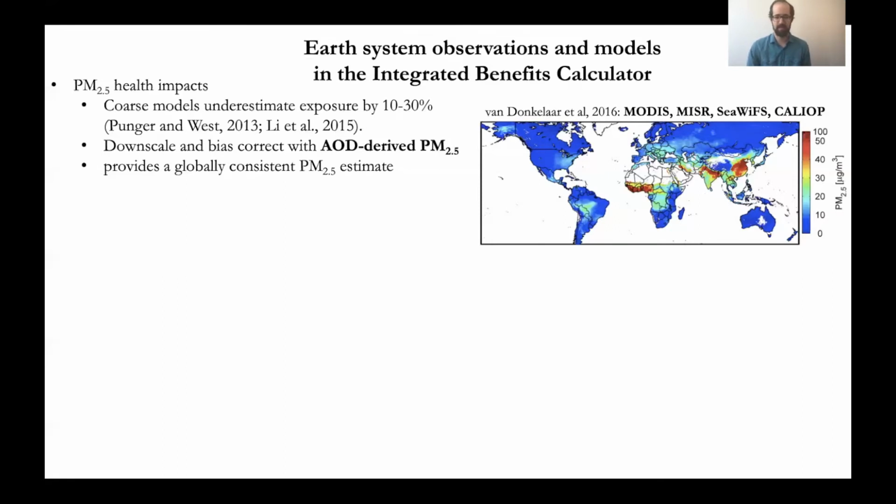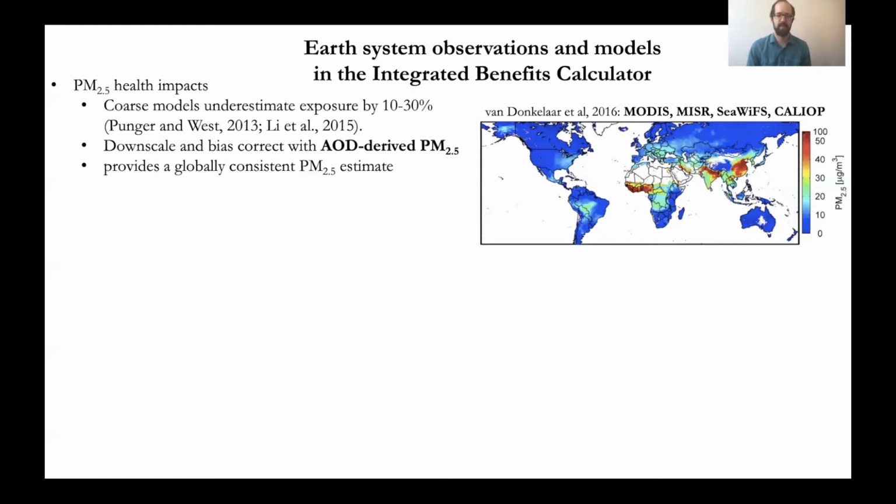Models can estimate this directly, but they have difficulties in estimating exposure owing to their coarse resolution when they're run at global scales. This is really then where we can take advantage of satellite-based estimates of PM2.5, such as the one shown on the right here from Aaron van Donkelaar that uses AOD measured by MODIS, MISR, and SeaWiFS, and aerosol extinction vertical profiles from CALIOP, as well as modeled relationships between AOD and surface PM concentrations to develop these